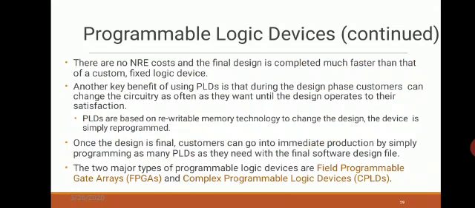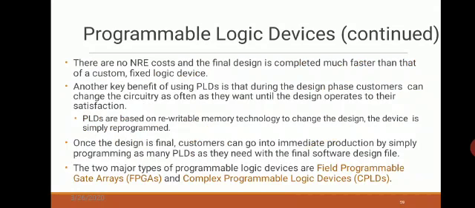So the two major types of programmable logic devices are field programmable gate arrays and complex programmable logic devices. So these are the two types of PLDs. You have seen already in your previous semester, you must have learnt Verilog, and you must have used Xilinx software to write the Verilog code and dumped that code onto the FPGA kit.